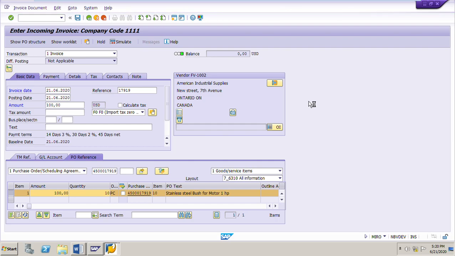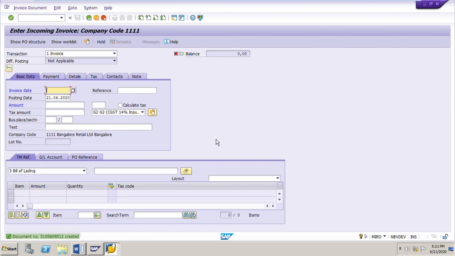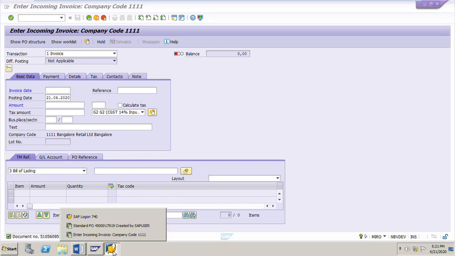Once the invoice is posted, you will get the invoice number in the message bar, and we will check this invoice in the purchase order history also. The invoice is posted. The invoice number is 510-560-9512.